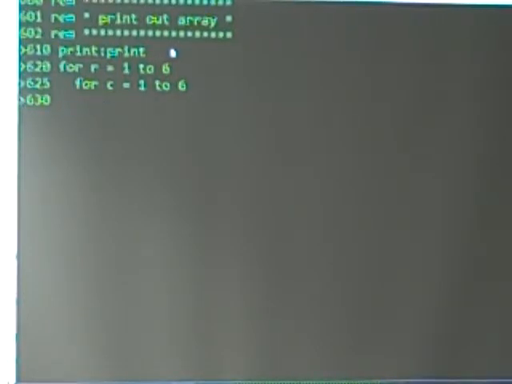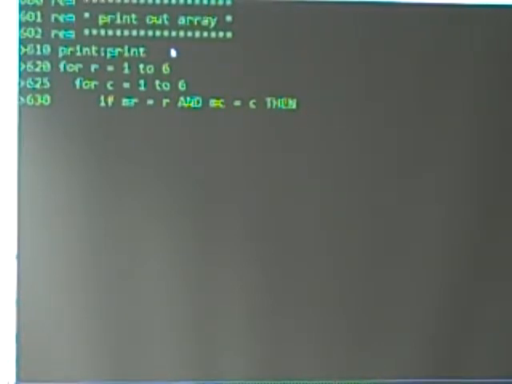And now I have to check, because if Milton's row is equal to the row that I'm on, and Milton's column is equal to the column I'm on, then I need to print out the M for Milton. Otherwise, I want to print out what's in the map. So if Milton row is equal to row, and Milton column is equal to column, then